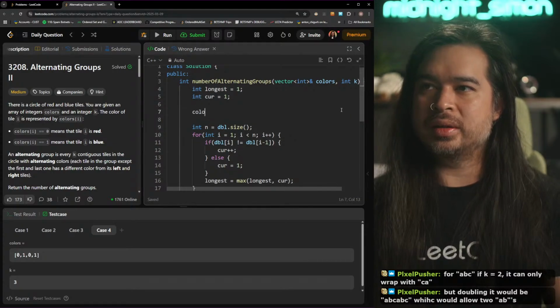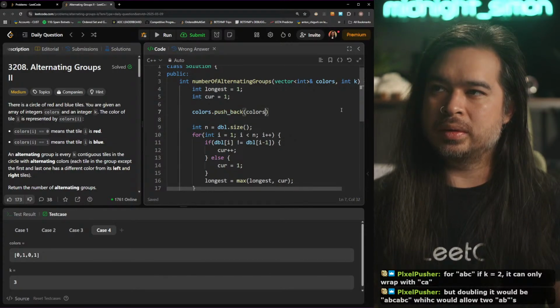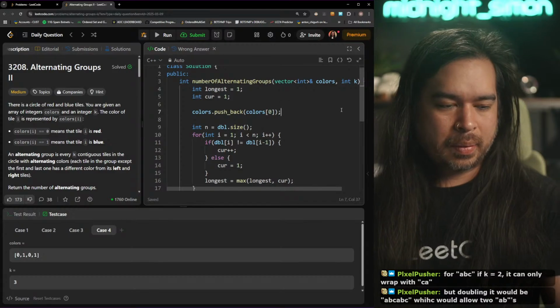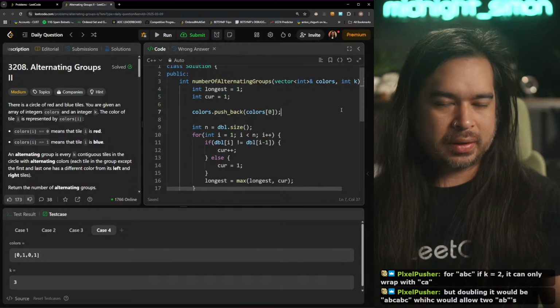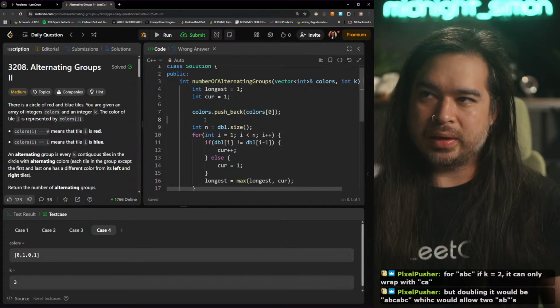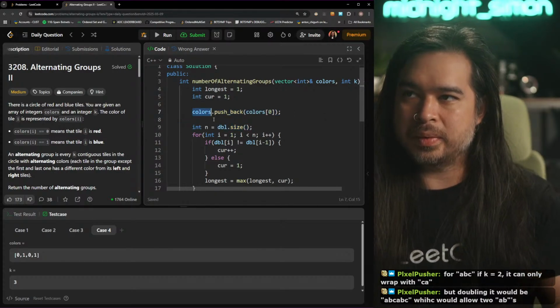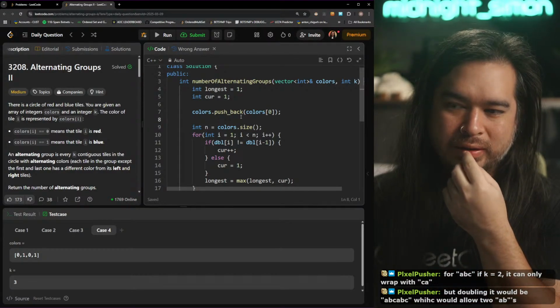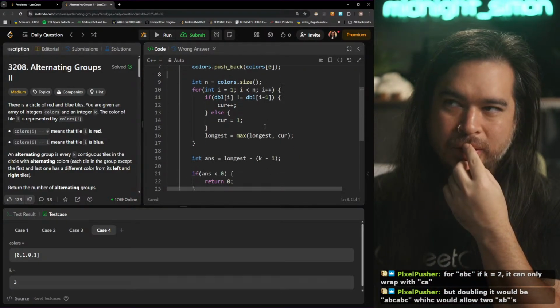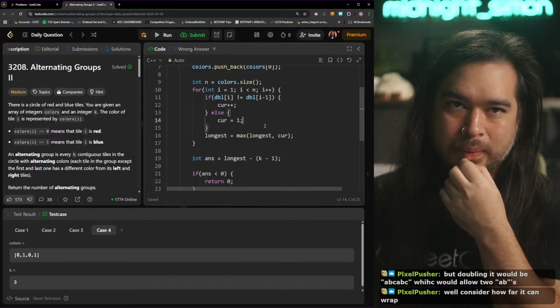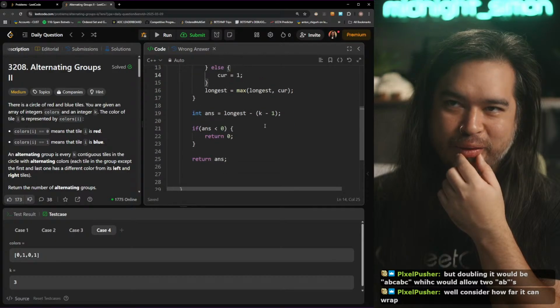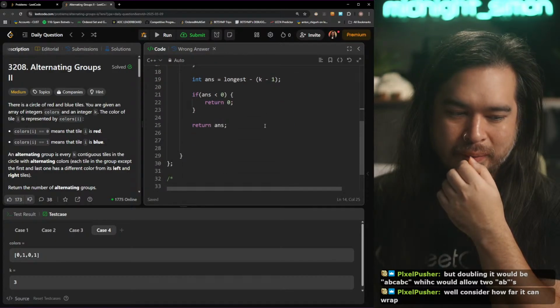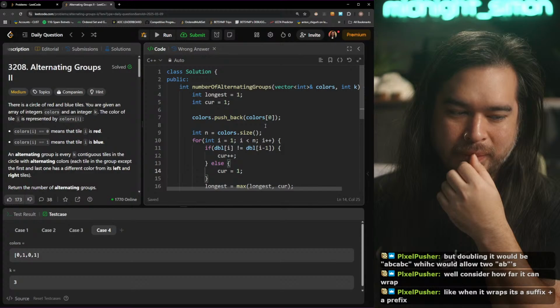Like, push back the first one, and then now we'll get like everything. So like we don't try and get duplicate things that way. Or am I tripping? Yeah, how far can I wrap? I guess it's like